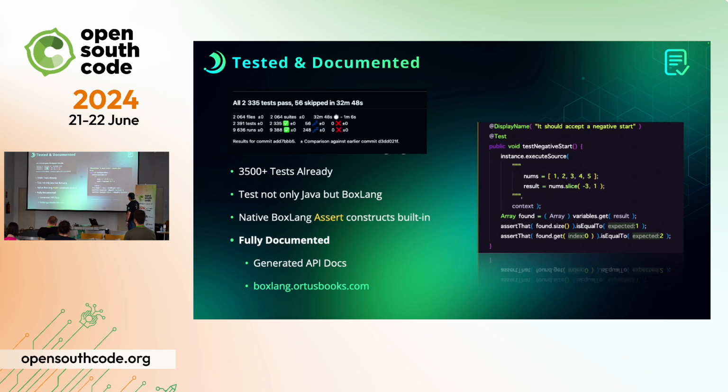Now, here's an interesting part. If you're building Java, you can actually call BoxLang code from within Java very easily. You can create a runtime and say, runtime, I want you to execute the source. And it'll execute BoxLang source. It'll bind to an execution context, and then I can basically get variables out of it. So you can mix the languages. I can call BoxLang code from Java, or I can call Java from BoxLang code very easily, just by APIs. Okay.